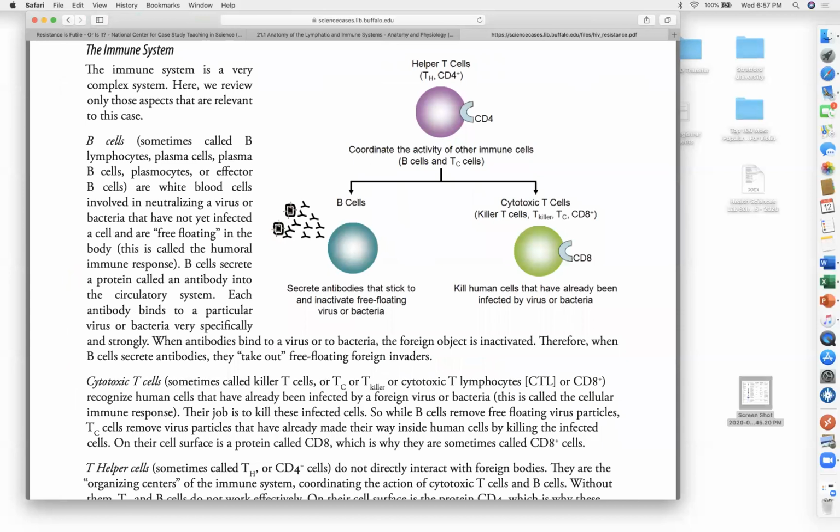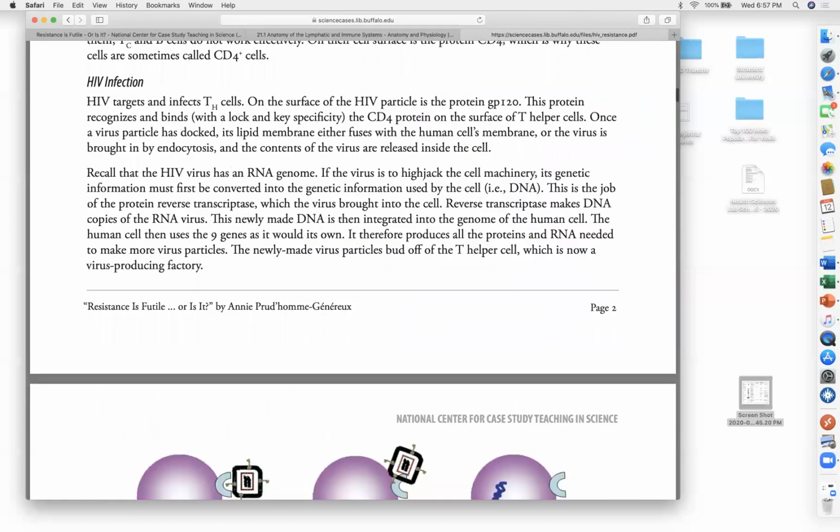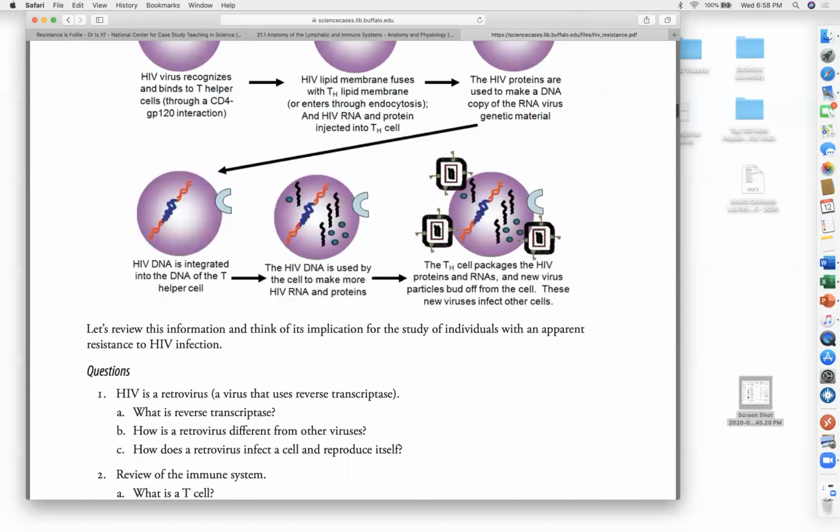Read it through because it talks about the things I was talking about. CD4 cells, which are T helper cells, and T killer cells, also known as T cytotoxic, CD8. They all work together with antibodies to remember the thing that attacked you. So go through